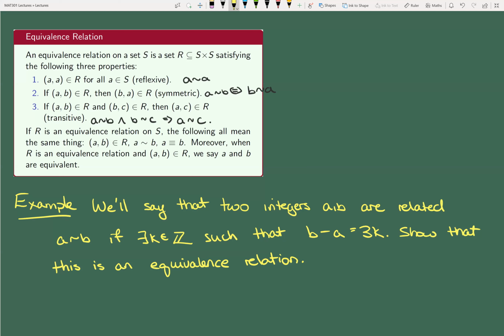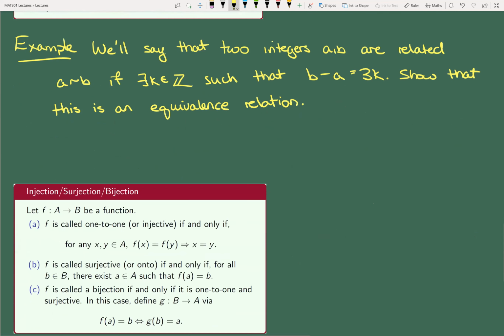Okay, so hopefully you've given this a shot, and hopefully you managed to do all three properties. I think 1 and 2 are probably pretty easy. 3 isn't too bad, but of the three properties, it's definitely the one that requires the most work. And this is pretty much universally true. Anytime you're trying to prove that something is an equivalence relation, 1 and 2, reflexive and symmetric, are usually really easy, and it's the transitive property that involves the most work. Okay, so let's give it a shot here. Let's see how that goes.